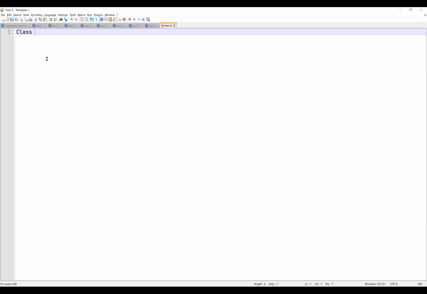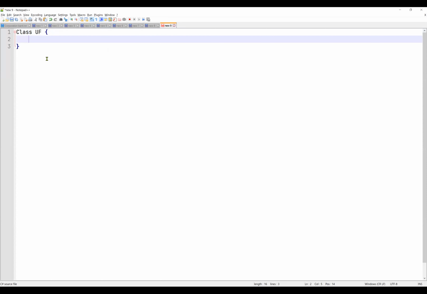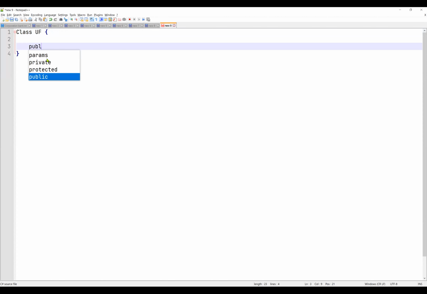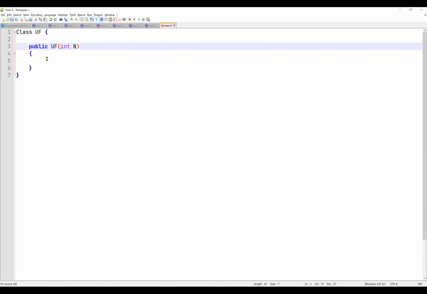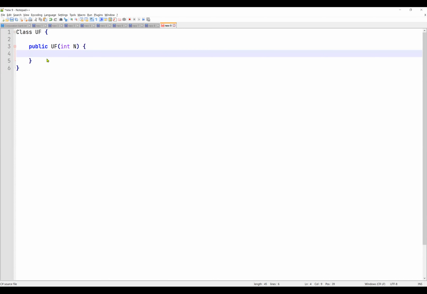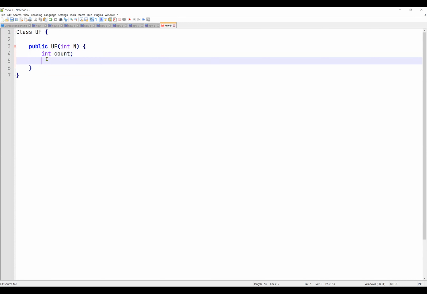Union find class, basically it's a data structure, it's not an algorithm, right? So we will start with the class, and the class will take the size of your data structure. For example, if you want to write a queue, let's say it takes the size, how big is your queue. In a similar way, union find also takes a size. And there are a few things that we basically track in union find. One is how many connected components are there, right? So that is count. Okay.